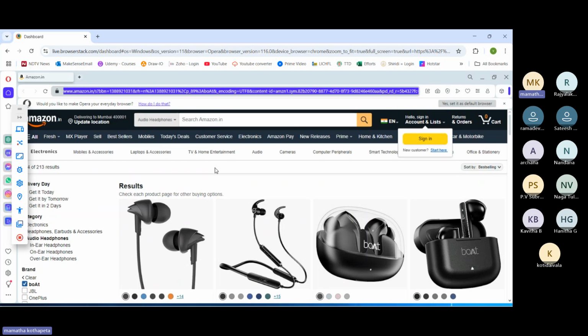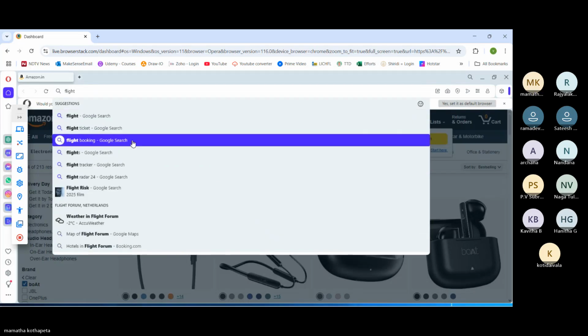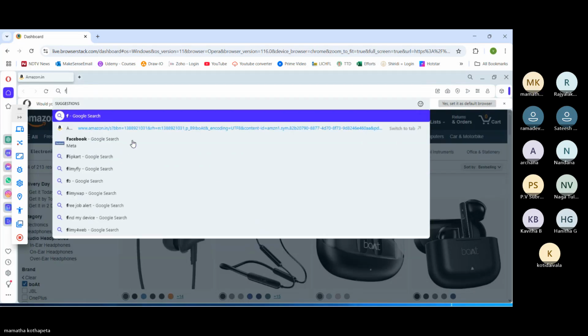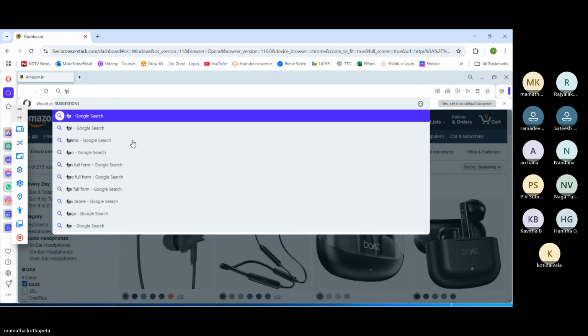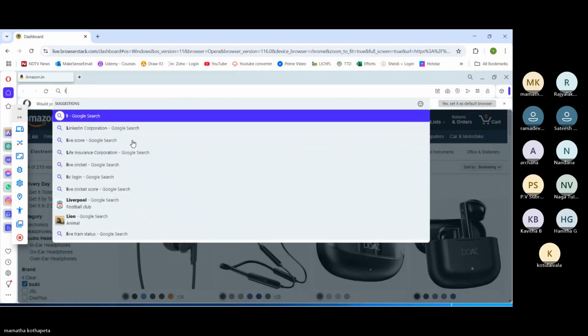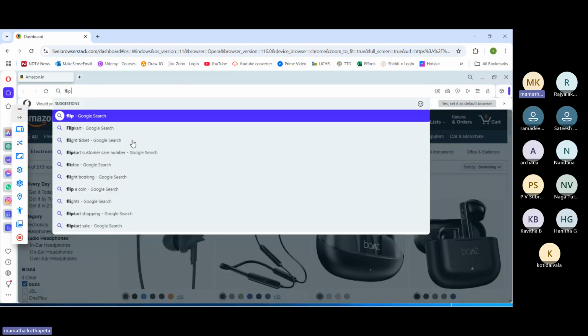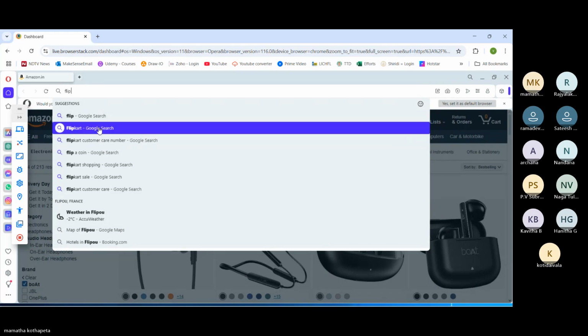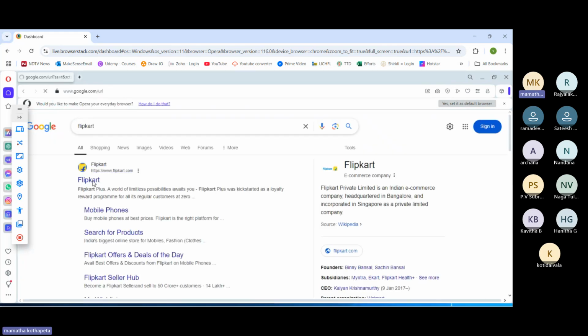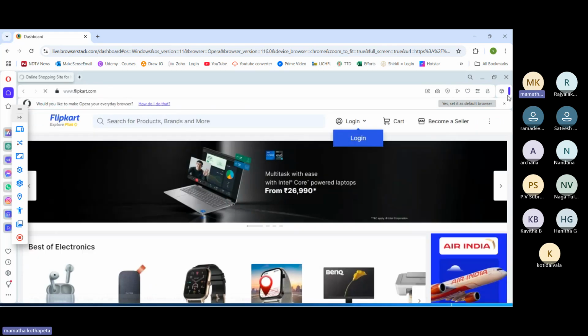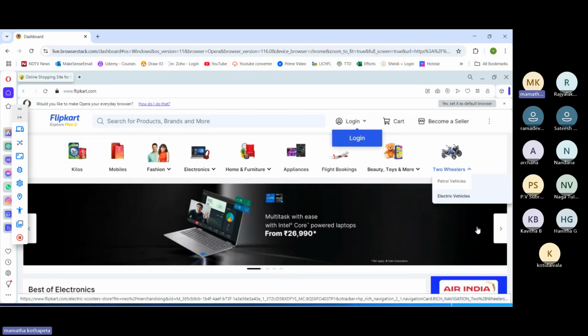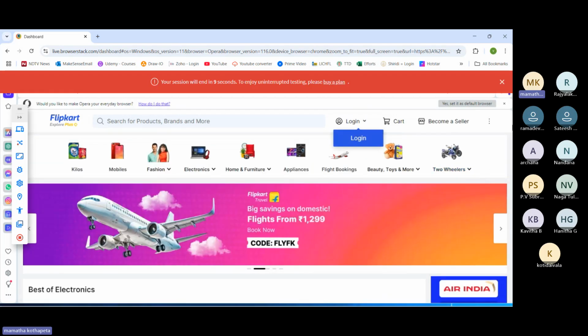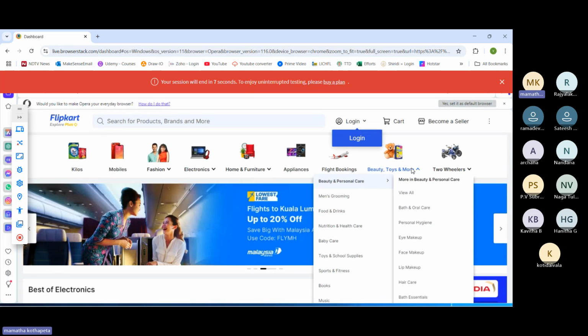Now if I want to open any other application, right? I can open it. I can test it. If it is a Flipkart example, like the Flipkart. Okay. Now I can open the Flipkart. I can start testing this application. Okay. Now if somebody wants to